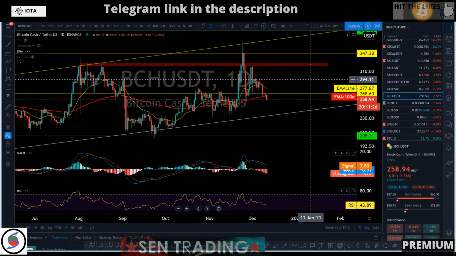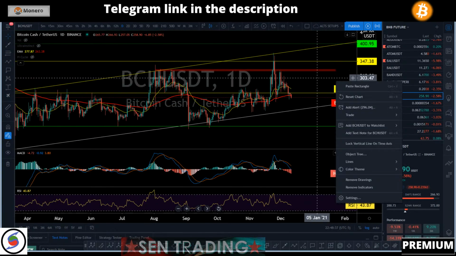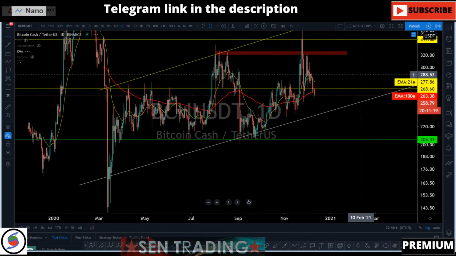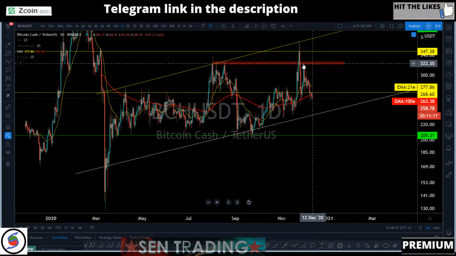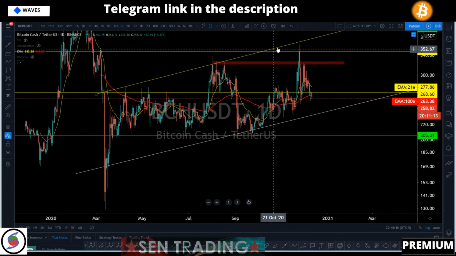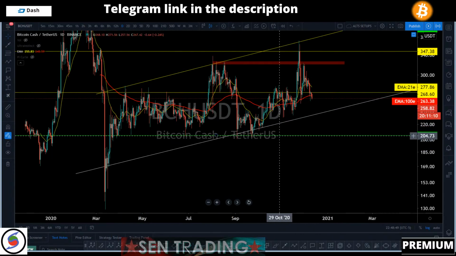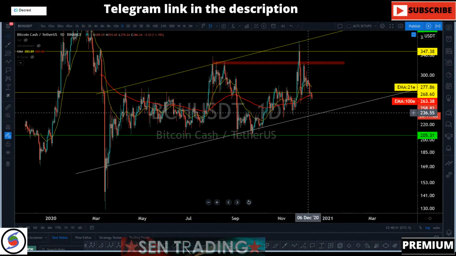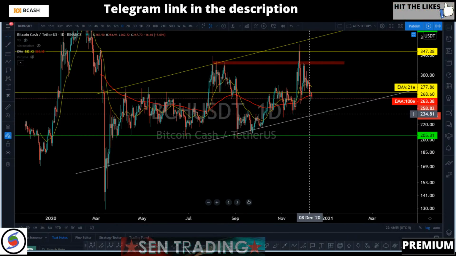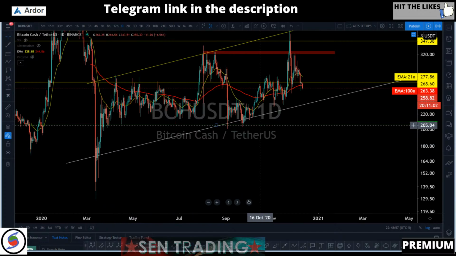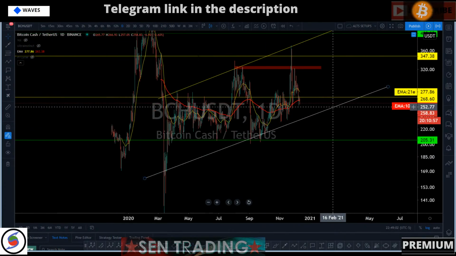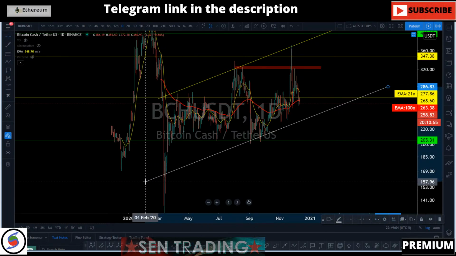Let's take a look at Bitcoin Cash. Bitcoin Cash ended up creating a channel, right? It had a big resistance there, broke it, and retested the upper level of the trend line. As you can see, the next level of trend line support is going to be in the low 230 area. Let's say 230 to 225, depending on how you want to draw it and which time frame you're using. That's the level to look for.